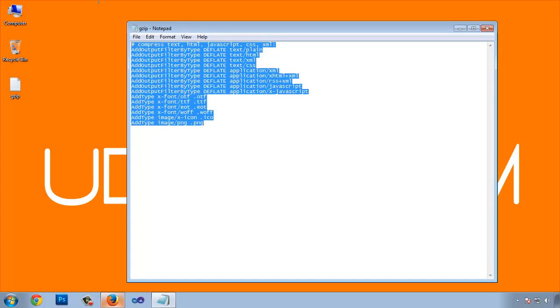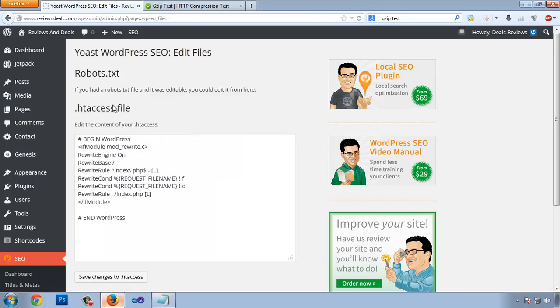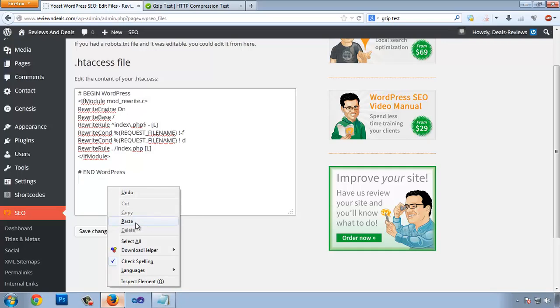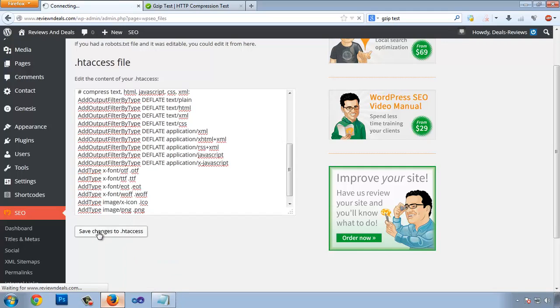So all you need to do is just copy this whole code, and in the htaccess file, after the hash and WordPress, press enter and paste the whole code and save changes. Okay, so